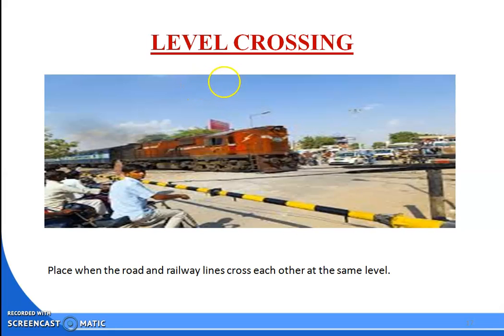So whenever your train is coming, in that case the signal shows you the red symbol, and immediately whenever your train leaves the track or the train passes over, the signal turns from red to green, which means that the people are allowed to pass the way. So this is all about your level crossing.